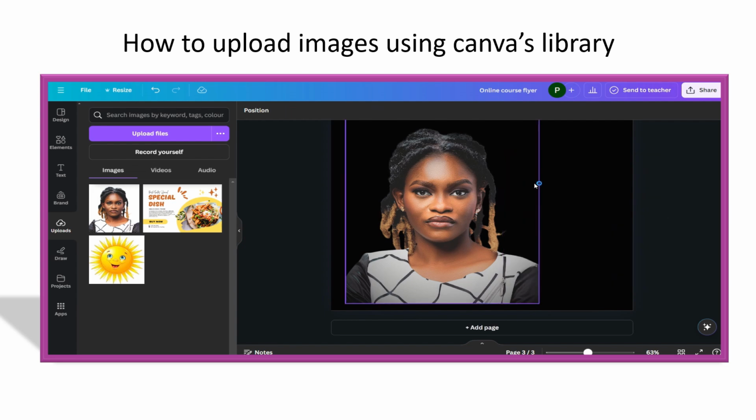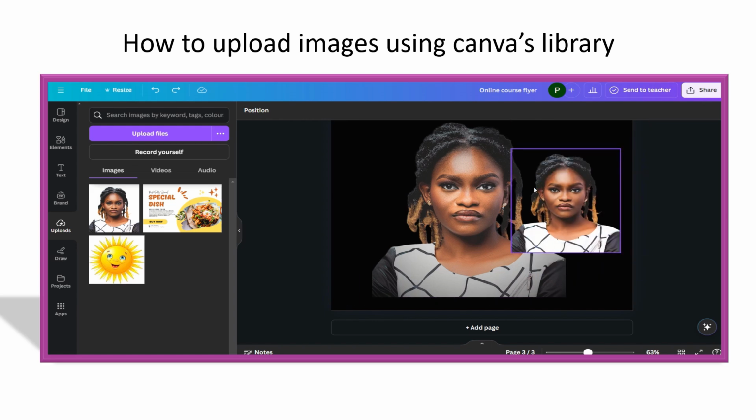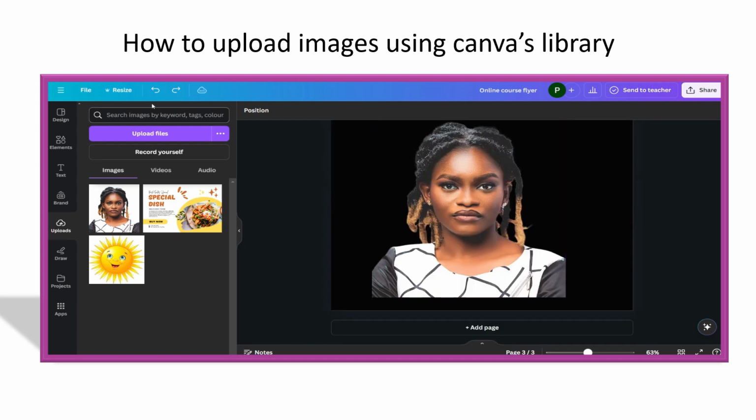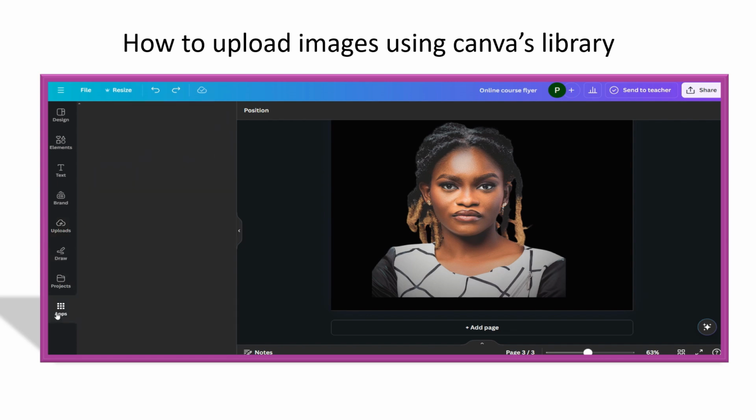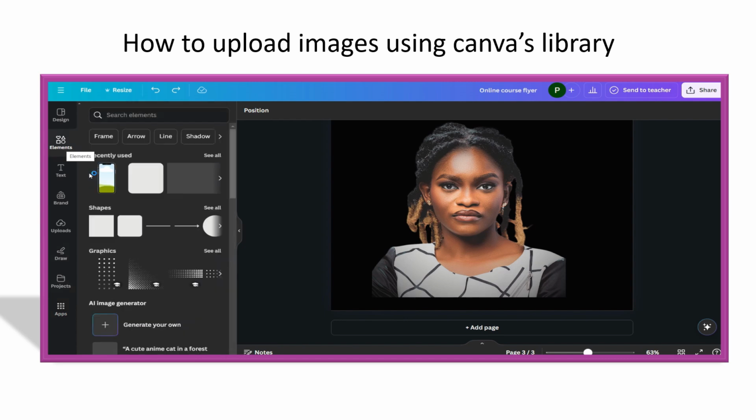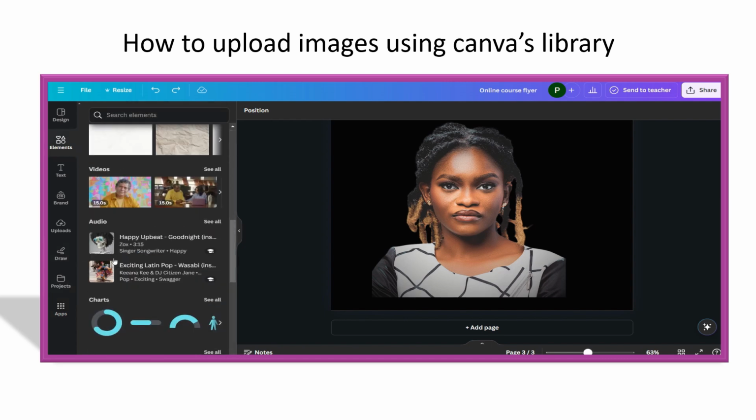Now let's do the second part. Let me just move this to the back. Let's do the second part, which is using the Canva gallery. There are many ways to do that. You can click on elements, click on photos,